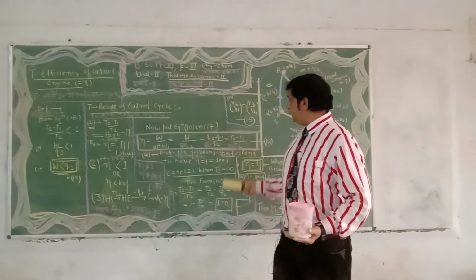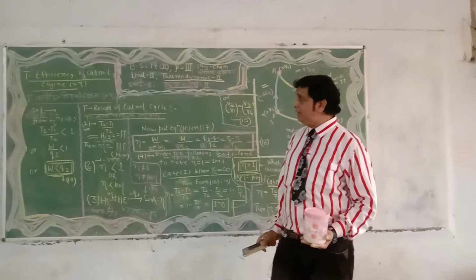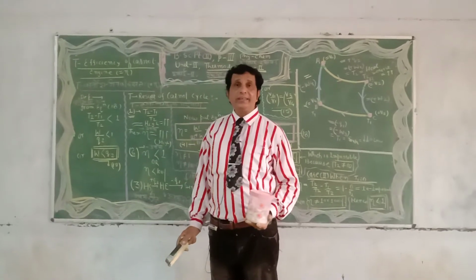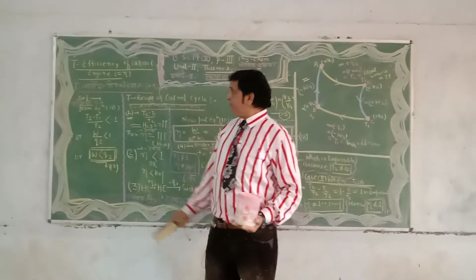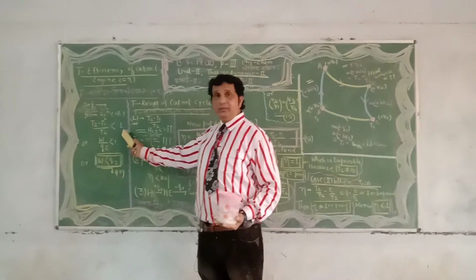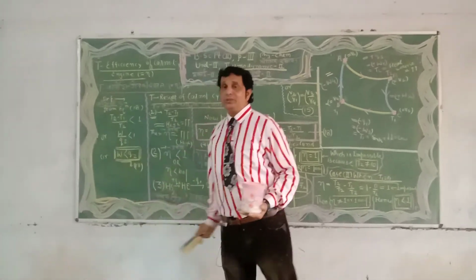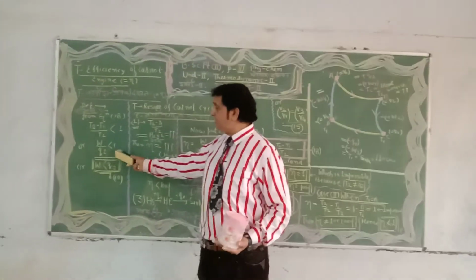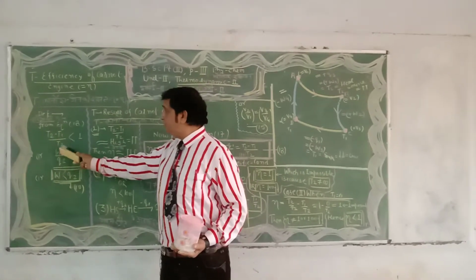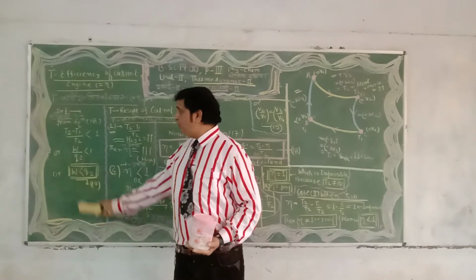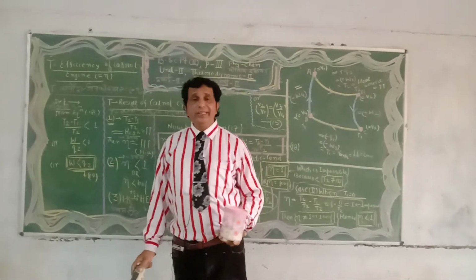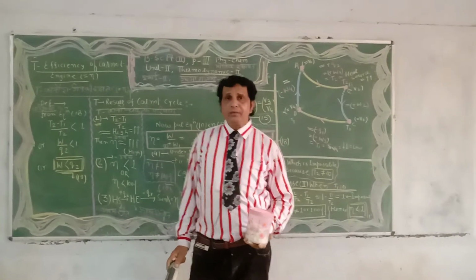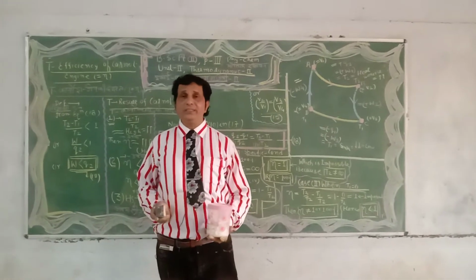Let us pick the fourth term of equation number 18 here. Try to understand first: here we are going to define the efficiency of the Carnot cycle or Carnot engine. (T2 minus T1) upon T2 is less than 1. You know, this fourth term, (T2 minus T1) upon T2, is equal to the second term, W upon Q2, which is less than 1. Replace (T2 minus T1) upon T2 by W upon Q2. On solving, W is less than Q2. Dear students, on the basis of equation number 19, we get the amazing, outstanding result regarding the efficiency of the Carnot cycle.